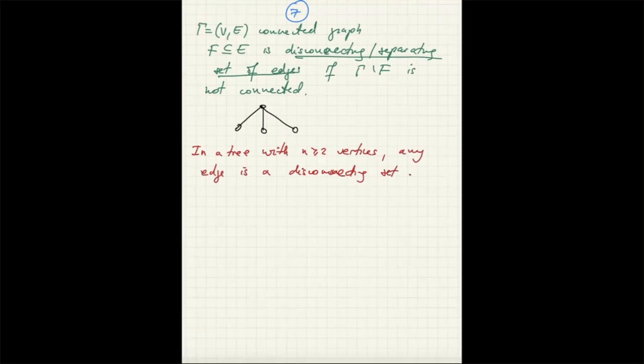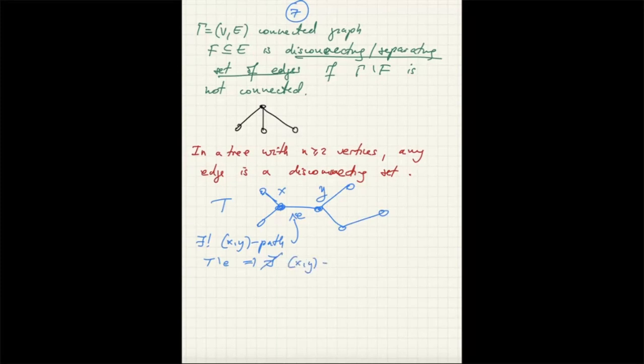Because if you take, say in any tree, the endpoints of that edge x and y, and that edge is E, in that tree T there exists a unique xy path. And that path is exactly the edge. If you delete it, if you do T minus E, that path is gone. And that means that there are no xy paths in T minus E. So the graph is